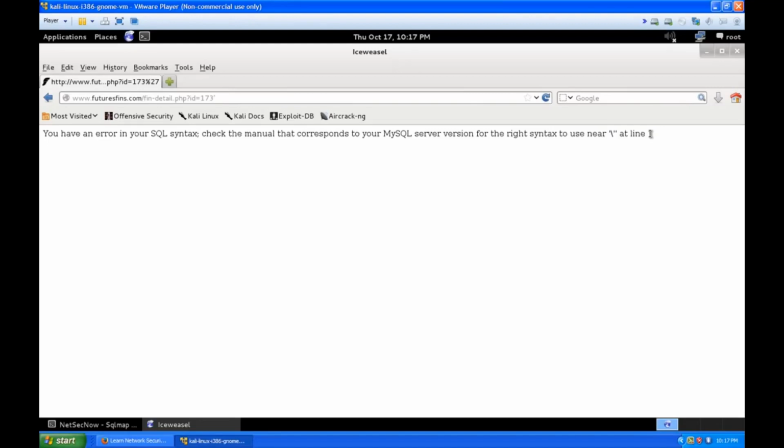Okay, so we have an error that validates that this is indeed vulnerable to some sort of SQL injection. What it is, we will not know just yet. We don't know what kind of information we can get from it just yet, but we do know by getting this error message, by typing the apostrophe after the last number and hitting enter, that we can validate that there is an error in the coding on this website. Okay, so